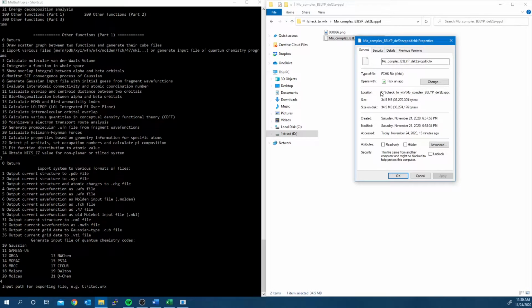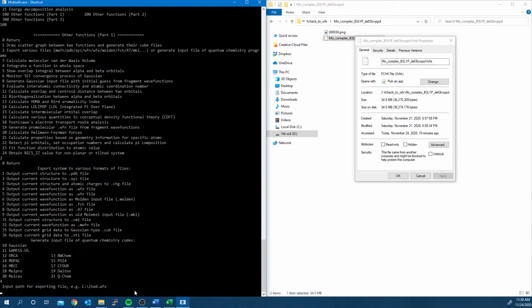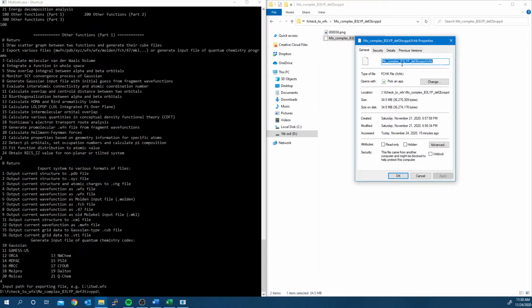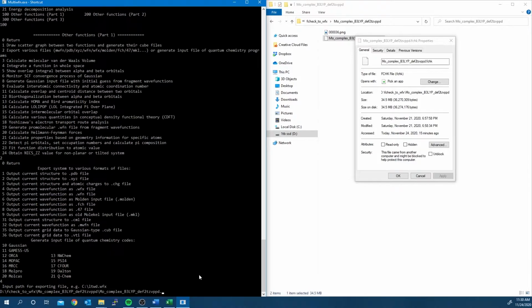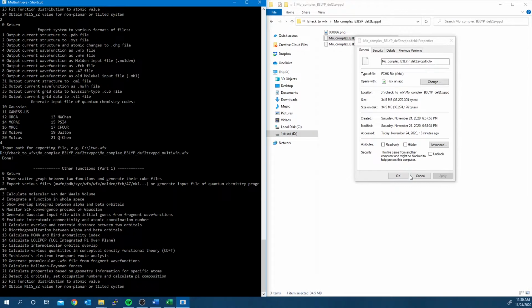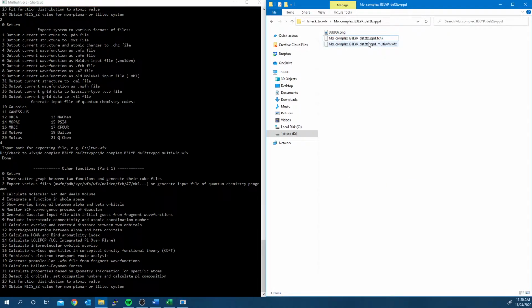For that, you can go to the directory where you are keeping the example and right-click to view properties and copy the path to paste it in MultiWFN, followed by a backslash and the name of the file. Here, we add _multi_WFN to know where the file was generated. Lastly, add .wfx to the name and see the file appear in the directory we wanted.